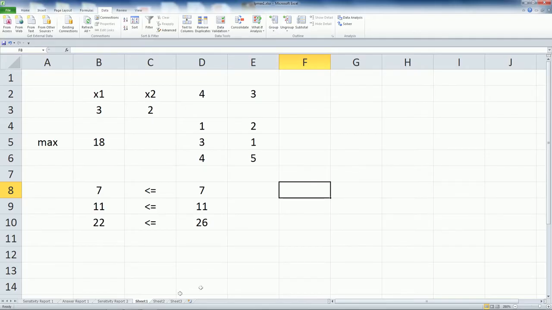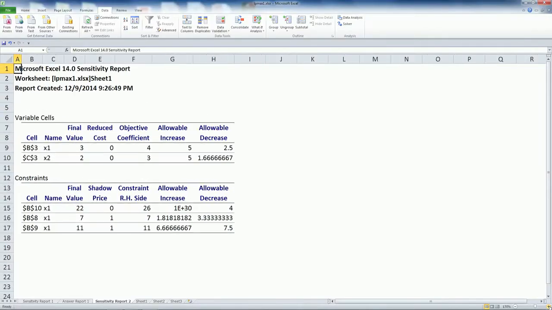Now, what also happens is we have this report called sensitivity report, and if I go back and zoom this report and make it bigger, it shows a few things. It shows the values of x1 and x2, which are 3 and 2, which gives us the objective function value of z is equal to 18. You also have something called allowable increase and allowable decrease, which are actually the right hand side values can go up to an increase of 5 and a decrease of 2.5 for the same variables to be in the basis. But more importantly,